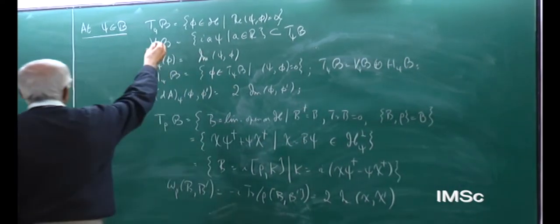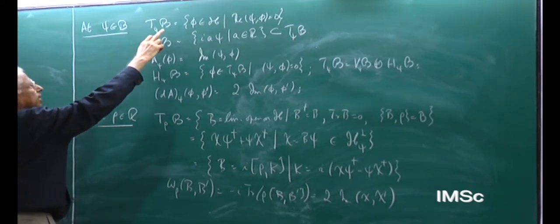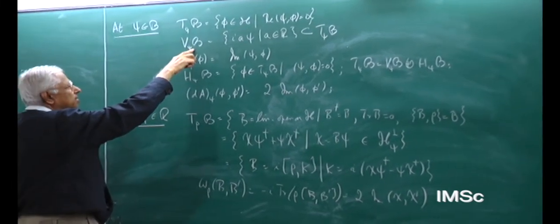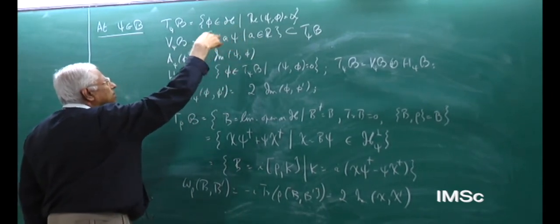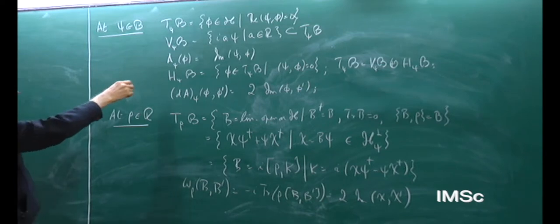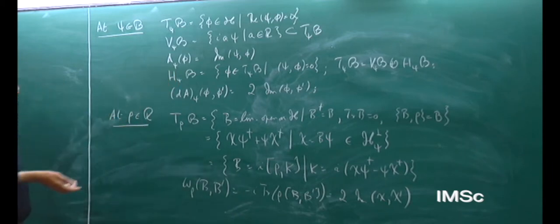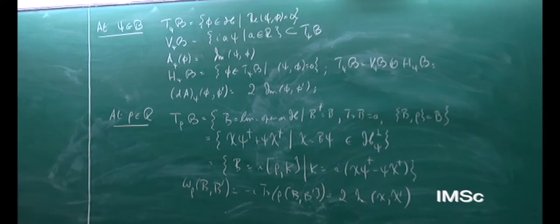How to define the tangent space to the unit sphere in the Hilbert space at any point of it. Here is that definition. Here is the subspace of the tangent space, which is the vertical part, and which follows in a very natural way from the first definition. Then we have this special one form, and a one form is like a covariant vector field, a cotangent vector at each point of the manifold on which you are working. So it is defined by saying what it does to any tangent vector.